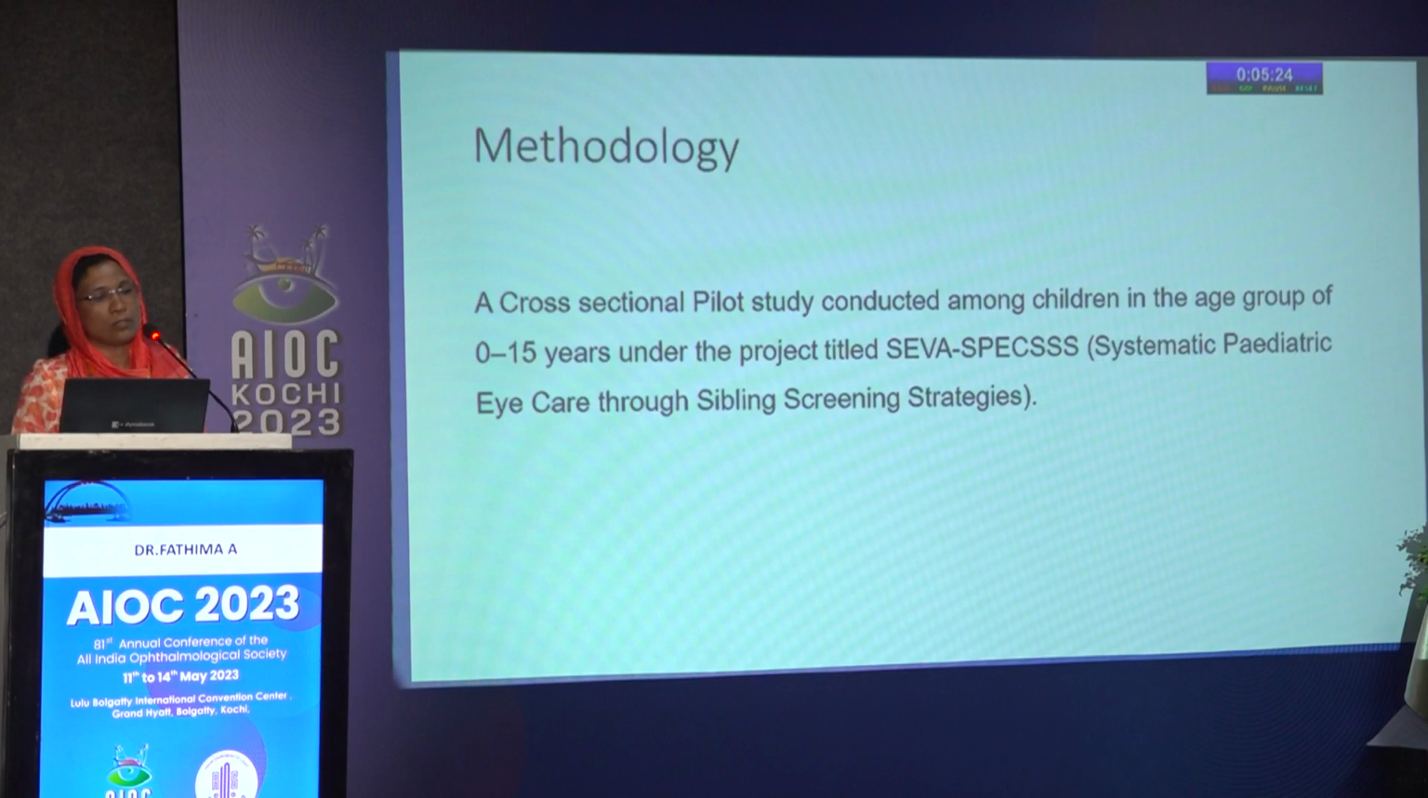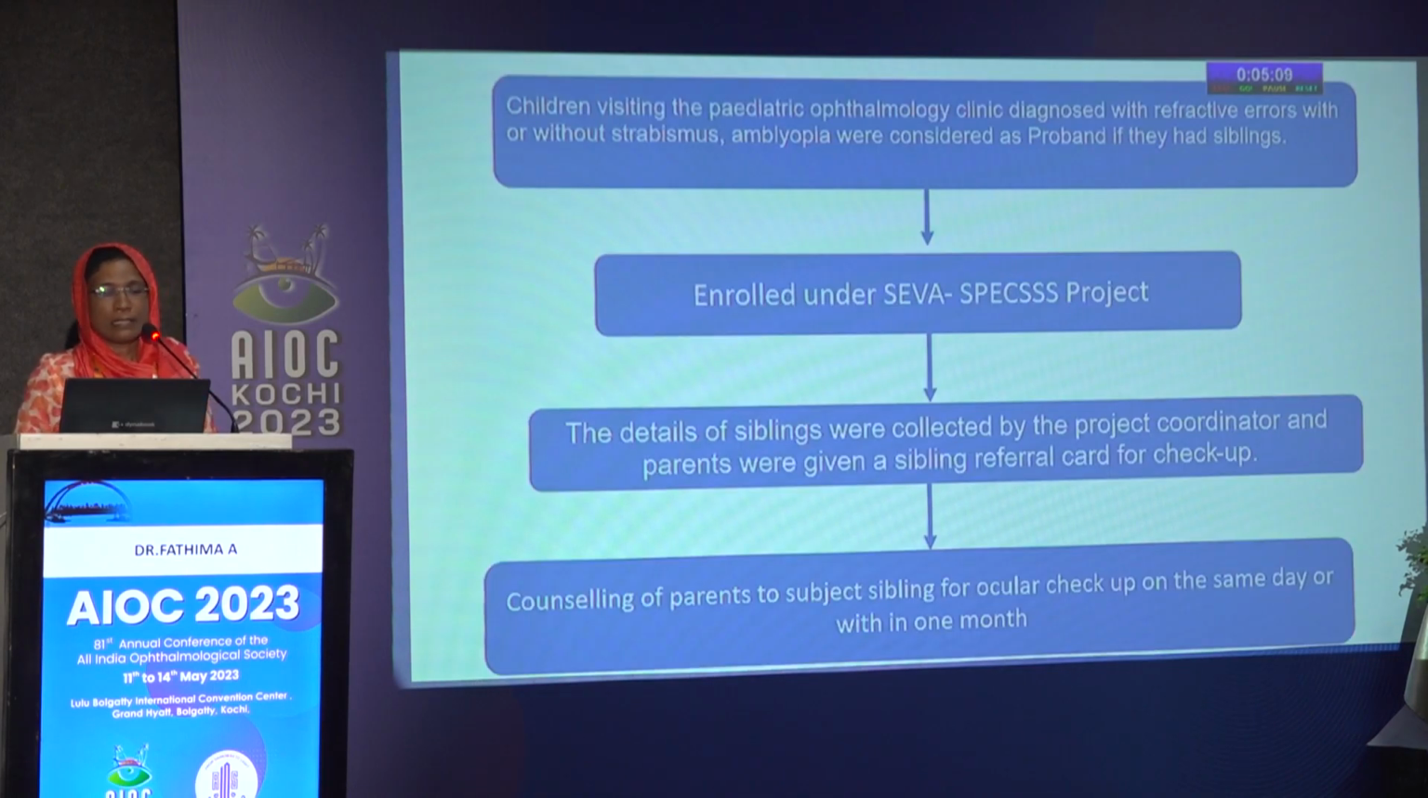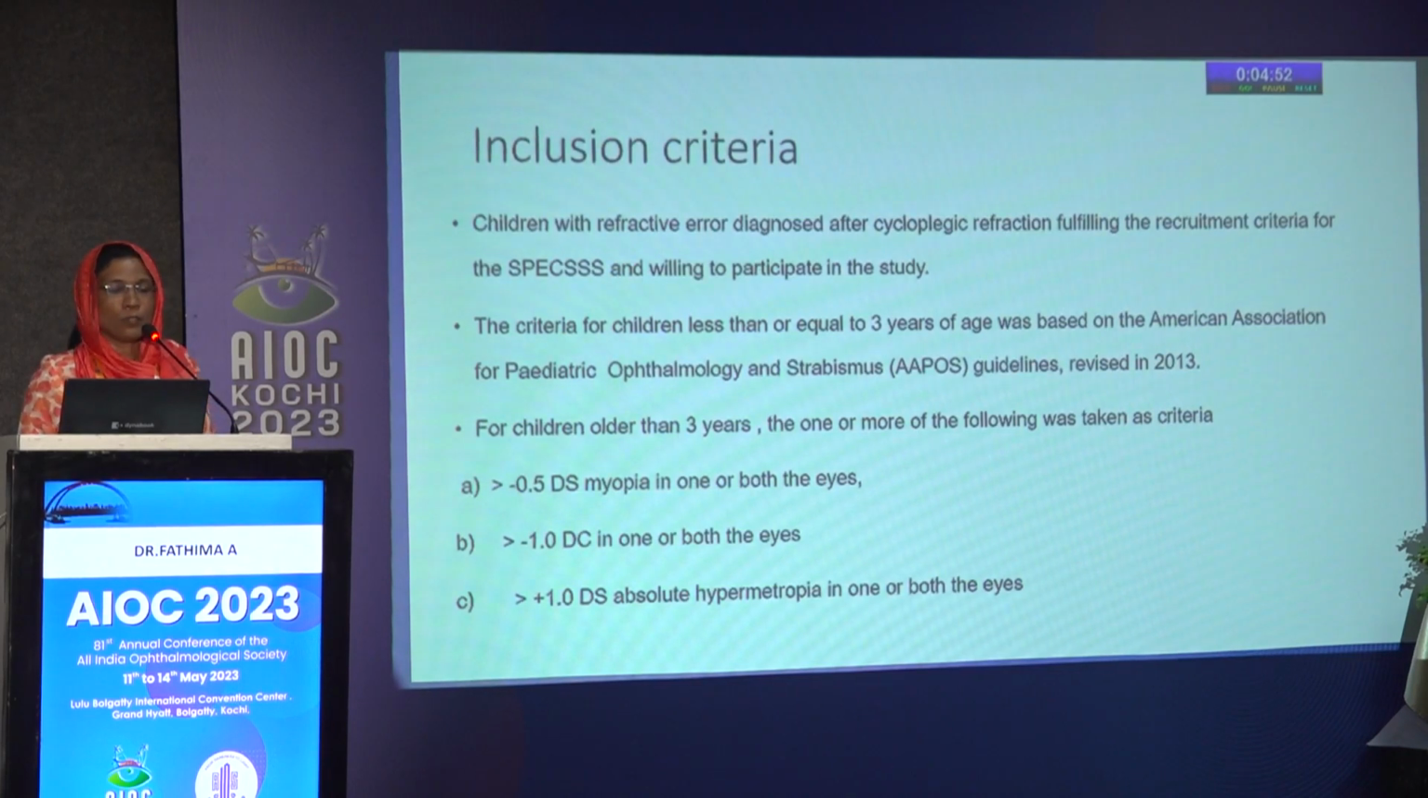The methodology is a cross-sectional pilot study done in the age group of 0 to 15 years under the project named Systematic Pediatric Eye Care through Sibling Screening Strategy, with the support of SEVA organization USA. We are thankful to them. Children visiting pediatric ophthalmology with refractive error who had siblings were enrolled under this project, and the details were collected by the coordinator, and counseling of the parents to bring their sibling child was done. The inclusion criteria was children with refractive error